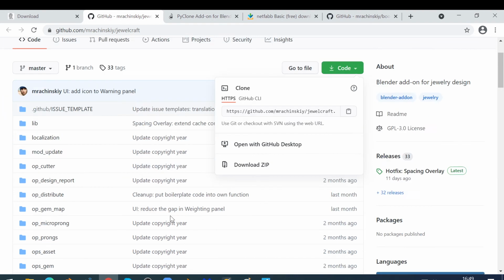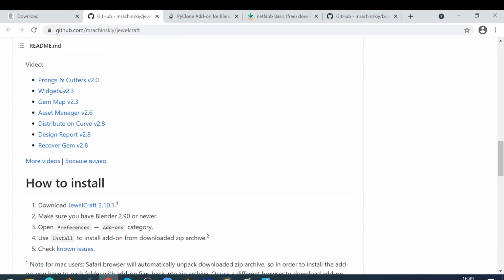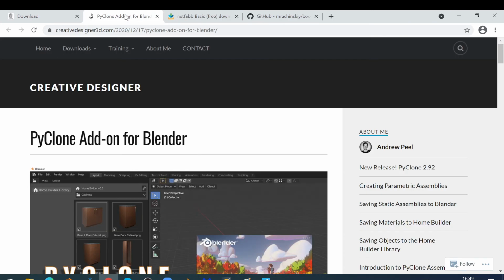So download the zip file to your machine. Now if you scroll down the page, notice there are some videos that you can watch there on GitHub, and there are some instructions on how to install it, but we're going to do that for you anyway. So if I just close GitHub down